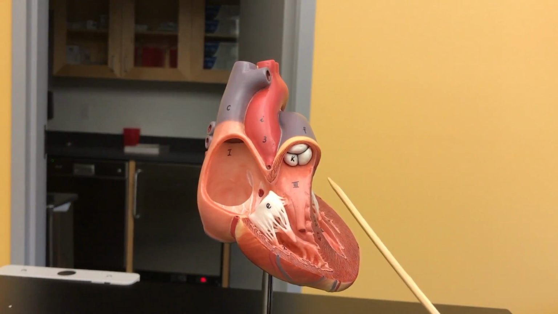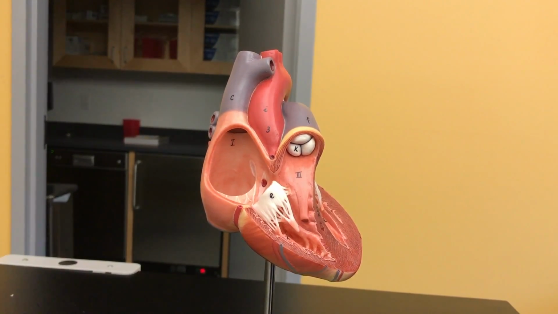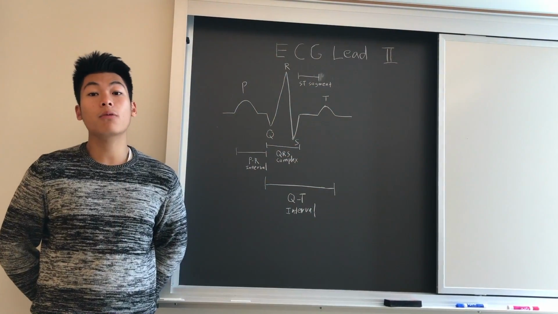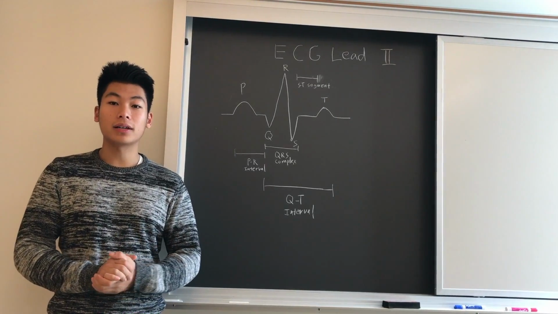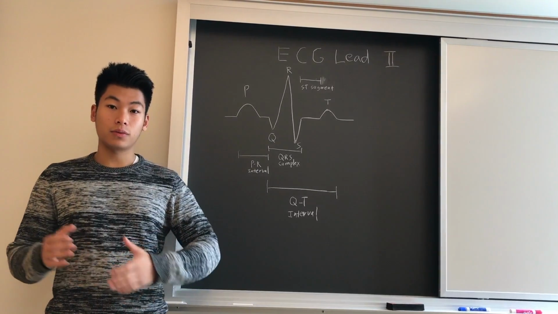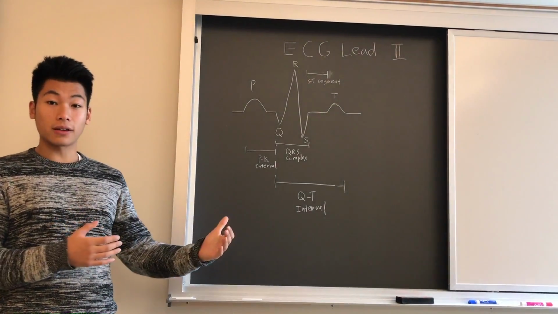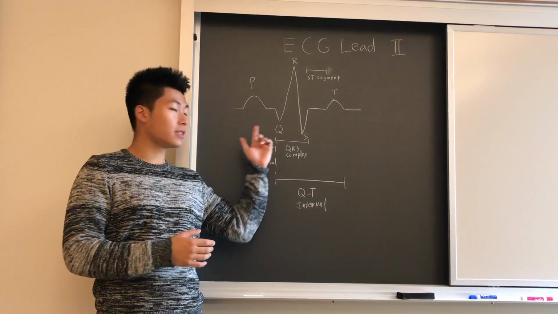Once the ventricles contract, it starts the beginning of ventricular systole and lasts until the action potential has passed. So now we're going to look at a BBB on an electrocardiogram and compare a normal ECG with one with blockage. So we're going to talk about normal ECG lead 2 values first and explain what each of these intervals